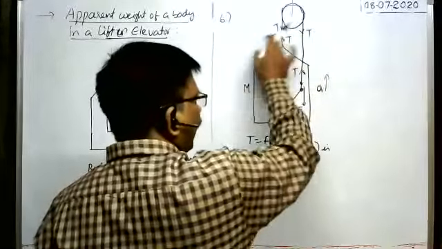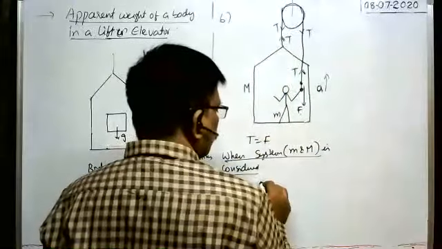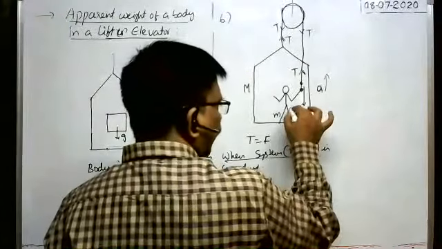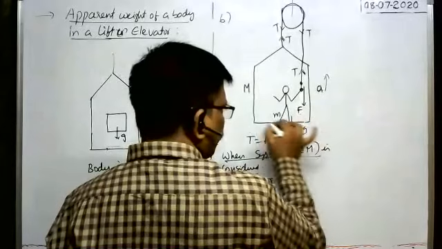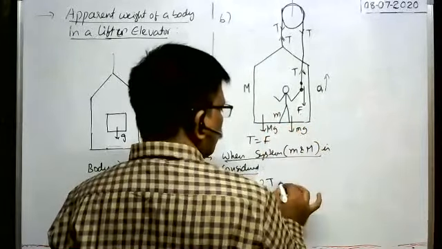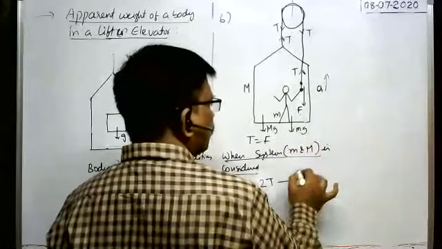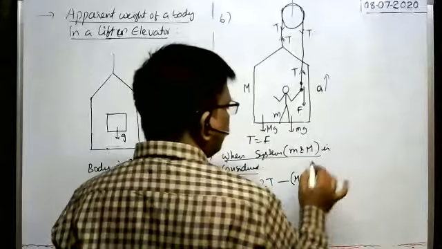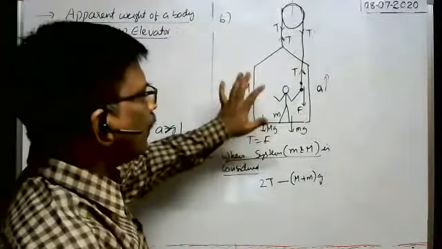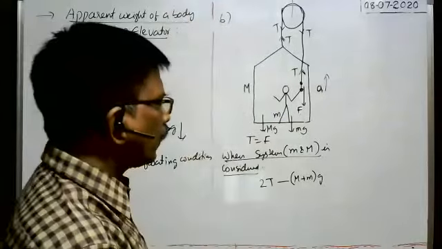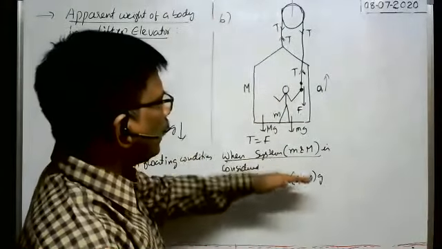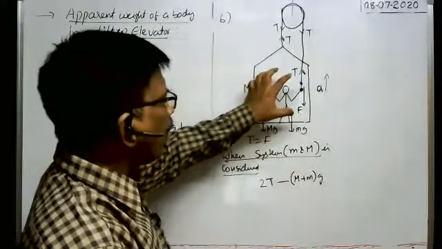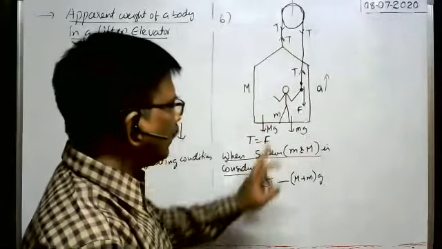So total force that acts on the man and the elevator system is equal to 2T in upward direction. At the same time, weight of the man mg acts in downwards direction, weight of the lift capital Mg in downwards direction. So minus g common, then (m plus M) into g. This is the net force that acts on the man elevator system in upward direction. This 2T acts on the system upwards, and (m plus M)g, that means weight of man and elevator, acts in downwards direction. Even then, as the system will move upwards with an acceleration a, this is greater than this one.